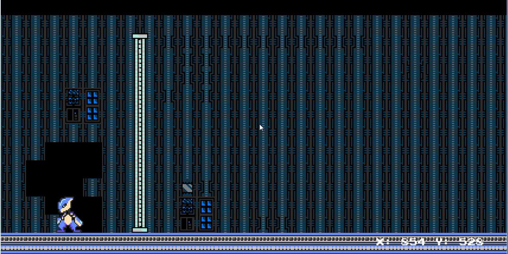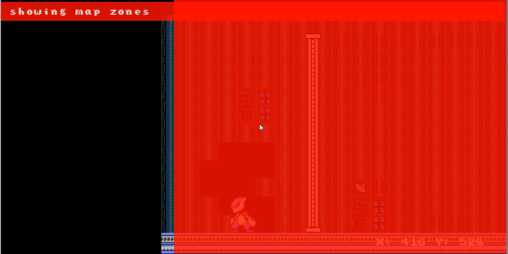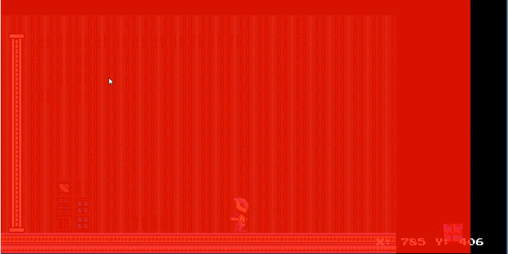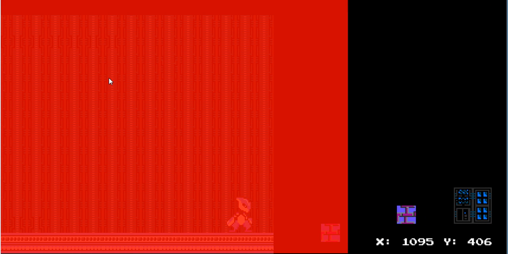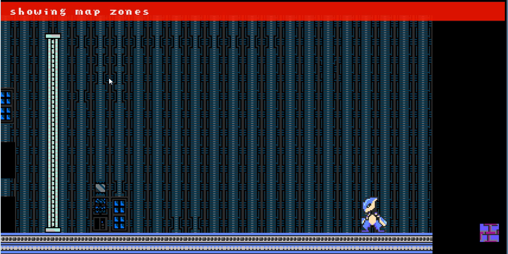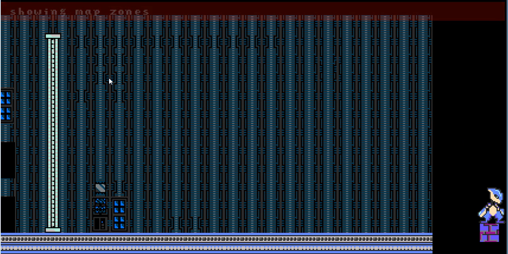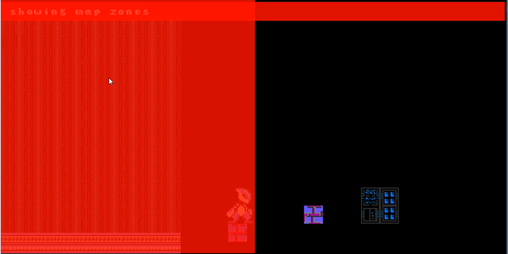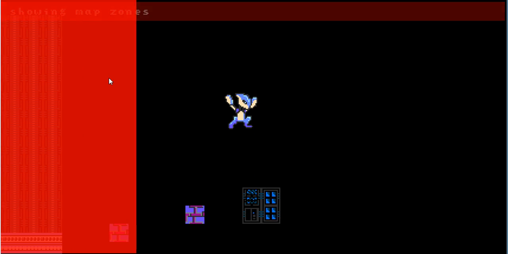So if I hit Z, you can actually see the camera then doesn't stick to the map zone. So it unlocks the camera from the map zones, whereas see this edge of the red line is the edge of the map zone the player's currently in. So if I hit Z and I go back to the regular game mode, you can see that it's lining up, right where the right hand side of the sprite is. If I hit Z, that's the edge of the zone, and the camera's not limited to that area right now,